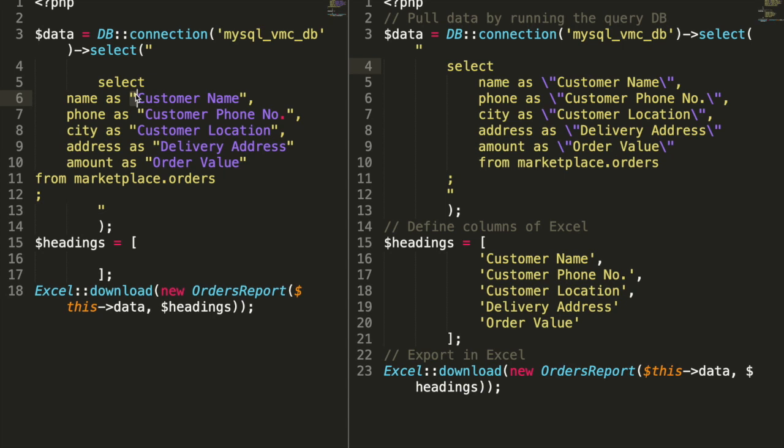One is Command D, which selects one occurrence of the text at a time, or Command Control G, which selects all the matching occurrences. In this case, as you will notice, apart from the double quotes which we need to escape, there are additional double quotes which we don't need to escape because these define the string itself. Therefore, Command Control G won't work.